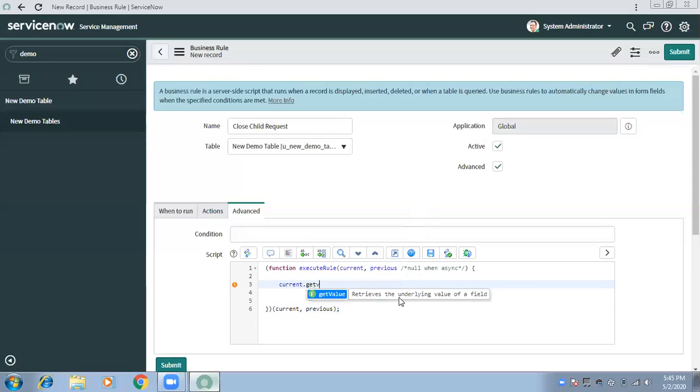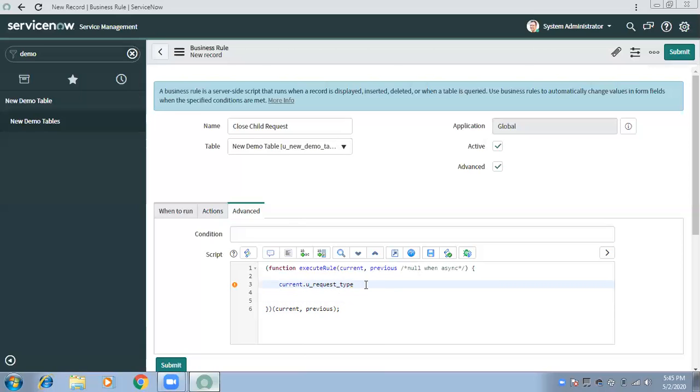Here also you have getValue, but you need to pass the field name, like current.getValue with request type. This is another way to get the value of a field. The first one, as I already told you, is current dot field name. Both ways will work, and which one to follow depends; anyone works.